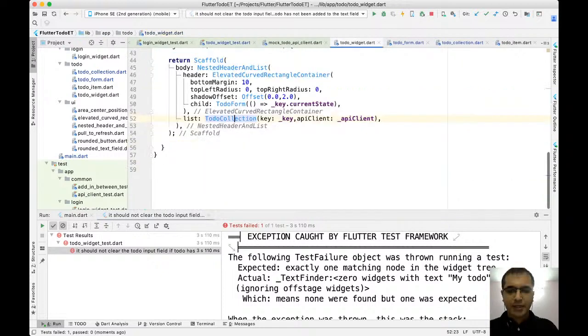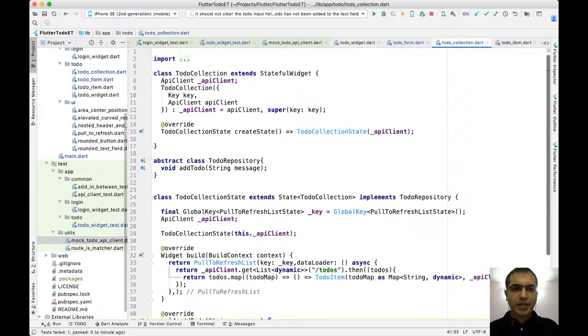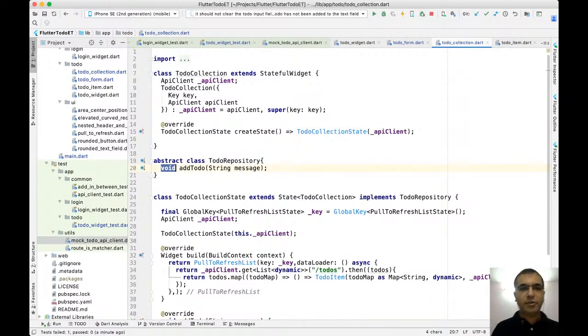For fixing this, I need to do one more step over here. So I need to go to to-do collection. Yep. I need to change this a bit. Now this has to return a future, right?